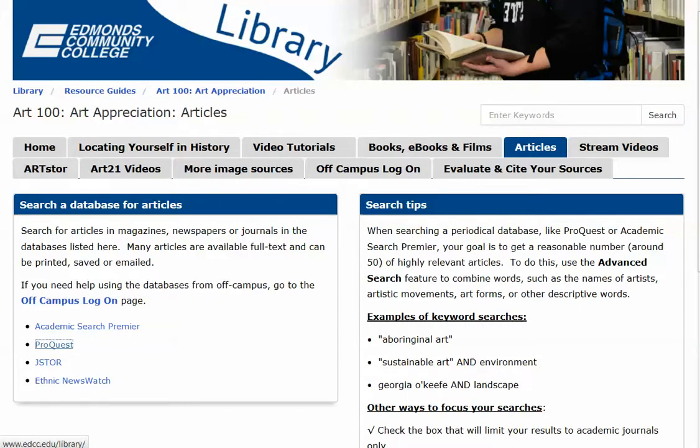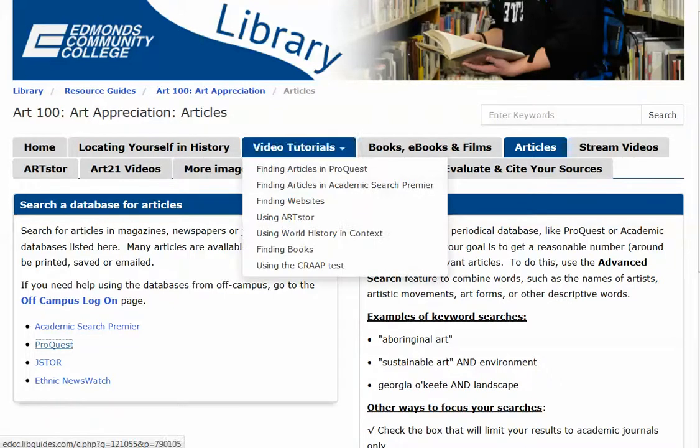Evaluation is a very important part of doing any kind of research. Looking at any source with a critical eye is very important, whether it's for academic or for personal reasons. And with so much information available, you want to make sure what you end up with is reliable, accurate, relevant, and useful to what you're actually looking for. So even in a library database, you want to look critically at what you find. And some very clever librarians came up with a very helpful tool